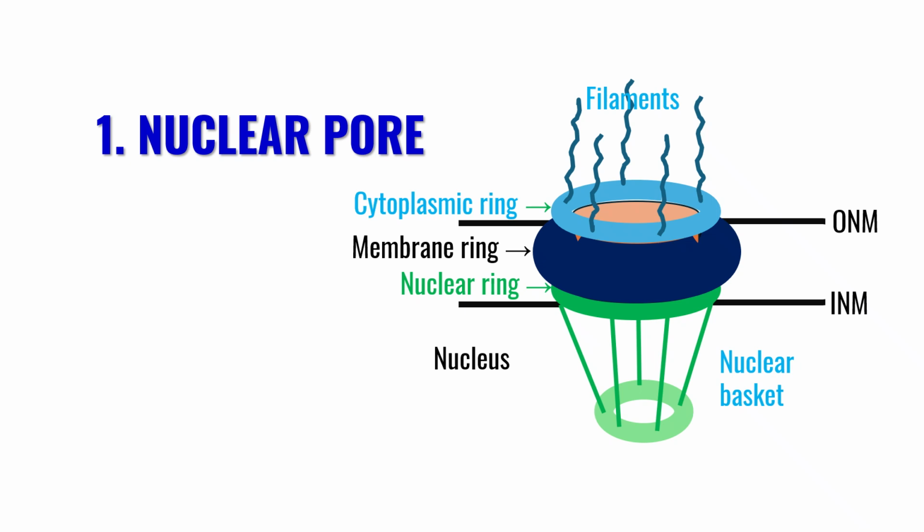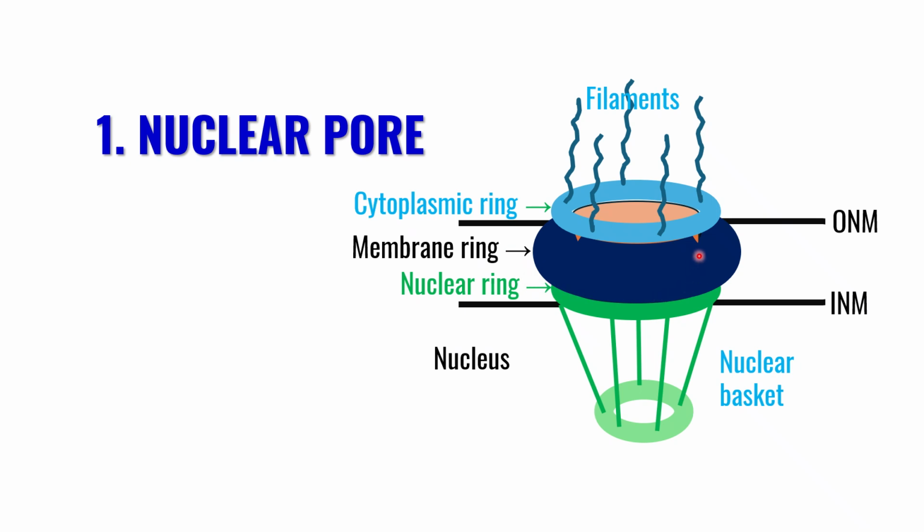The nuclear pore complex is quite complex and it is made up of thousands of polypeptides. On the cytoplasmic side, there is a ring which is attached to the filaments. These filaments guide the cargo to pass through the channel. Another ring is on the nuclear side. This is known as the nuclear ring. This is also connected to the filaments, making a structure known as the nuclear basket. There is a central ring which is the main